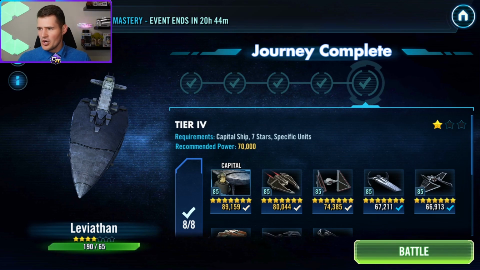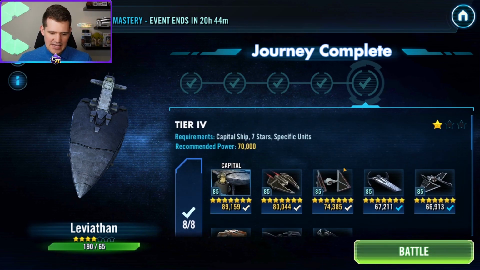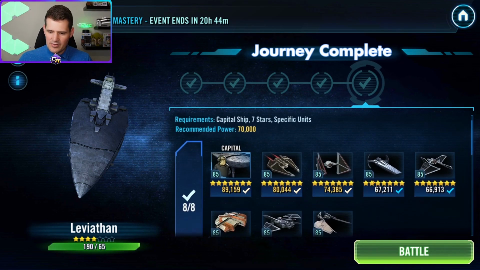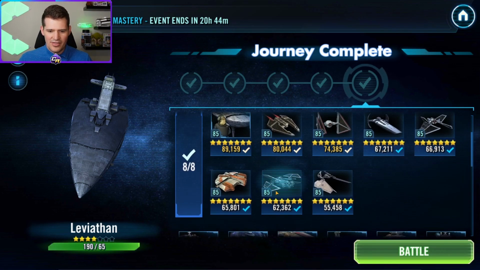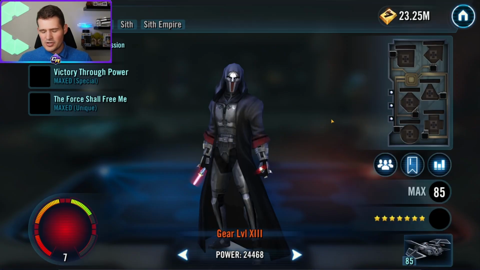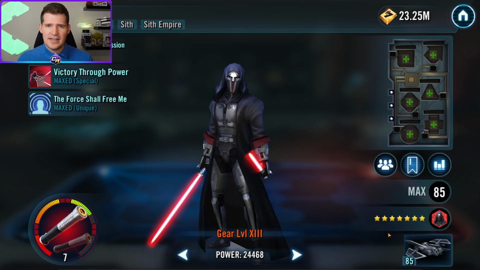As you can see, I've actually only been able to 1-star, but one of the things that I want to focus on is that one of the requirements for Leviathan is the Sith Marauder ship. However, the pilot for the Sith Marauder ship is not required. So there are a lot of people out there right now that have not gotten Sith Eternal yet, or just built up Sith Marauder R7 for some random reason, that are at a pretty big disadvantage when trying to beat